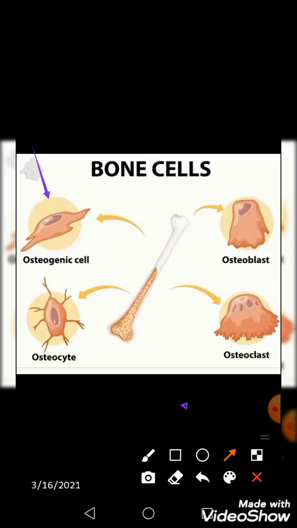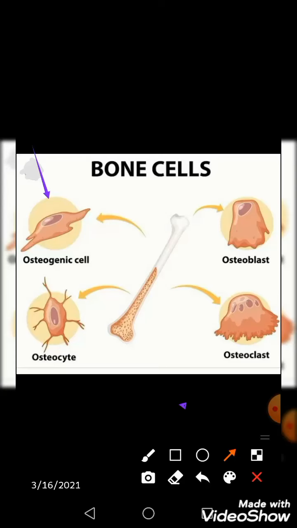It is also resting in the Haversian canal and the Volkmann canals of the compact bone. We will discuss them later on. Now let me tell you about the shape of this osteoprogenitor cell. It is a spindle-shaped cell with the processes you can observe. And what about its nucleus? It is ovoid in shape.